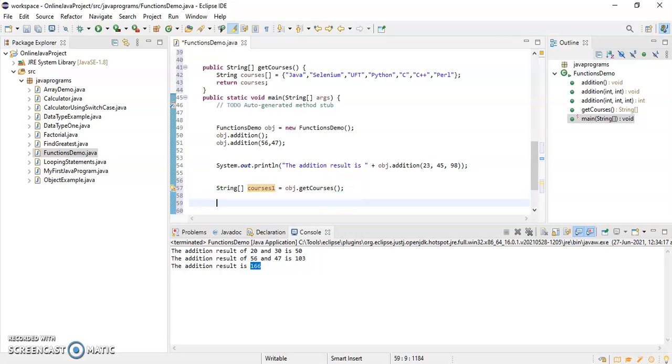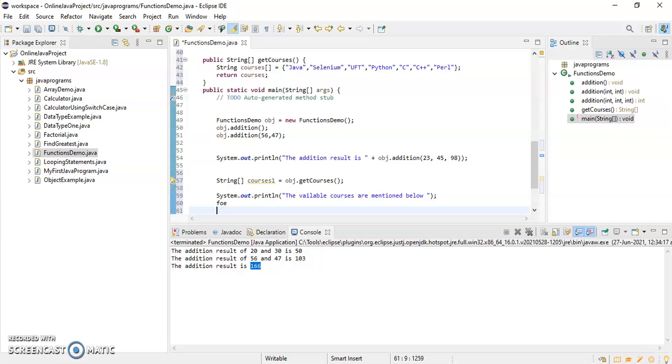Okay, so now suppose I want to print all the values, so I'll just write here, the available courses are mentioned below. I am writing, and I'll just print the course names. So I'll just print the course names using a for-each loop.